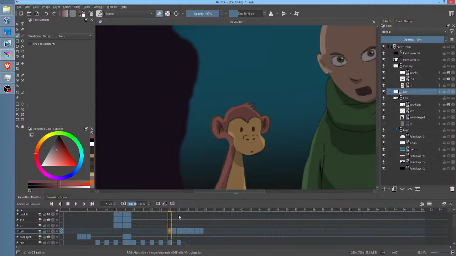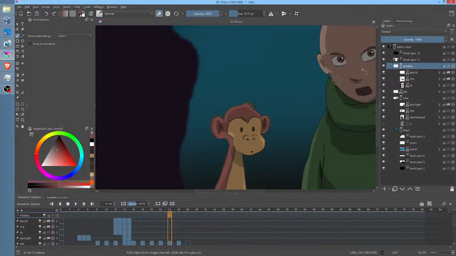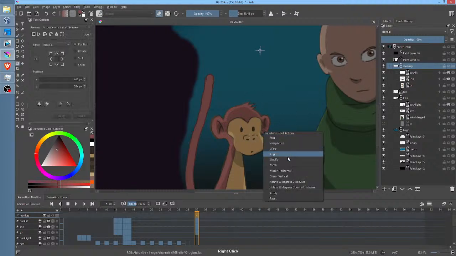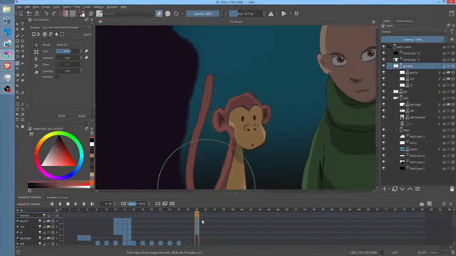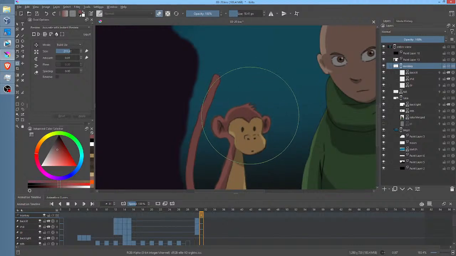Okay? So now I move the tail out of the monkey group so that I can then do the following. Right when the tail's going crazy right there, I'm going to hit liquefy, and I'm going to okay.